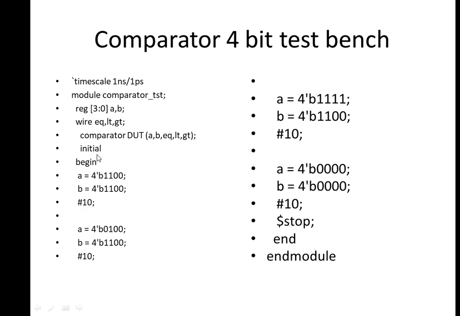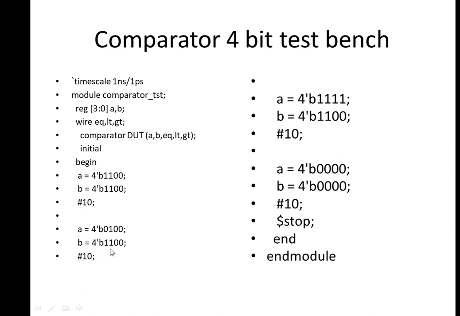Then we are starting the values for A and B. So initial begin, I'm giving A and B 4 bits, that is A equal to 1100, which is binary, 4 bits. After 10, so I'm giving some delay. After 10 nanoseconds, I'm making A equal to 0 1 1 and B equal to 1,